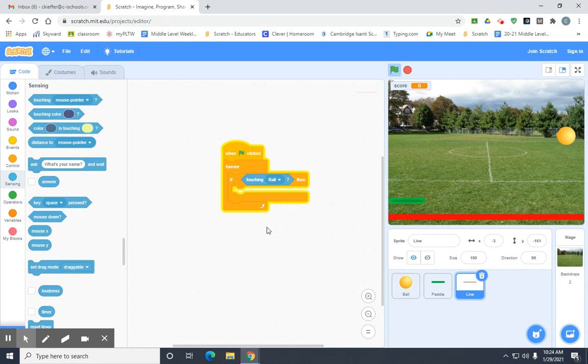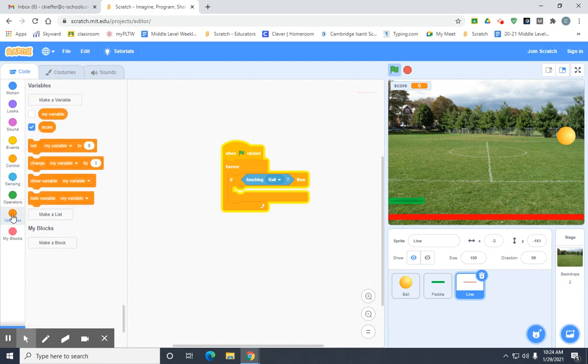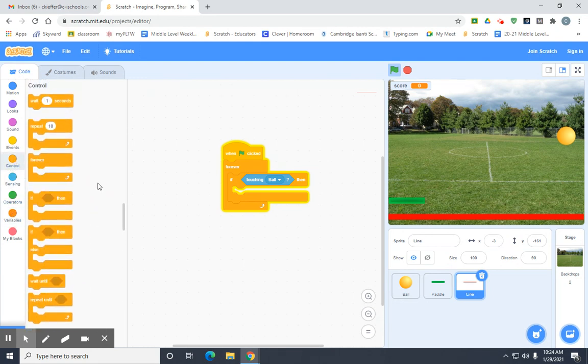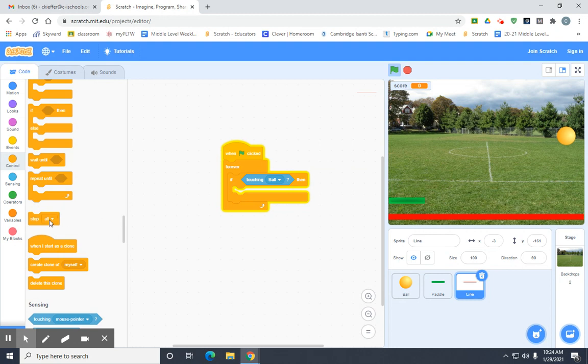So if the line touches the ball, then you're going to want to stop all. Let's see, control. We will want to stop all. So now if the ball touches the line, which is what we're programming right now, it will stop all